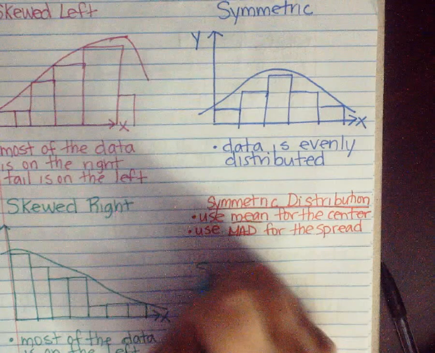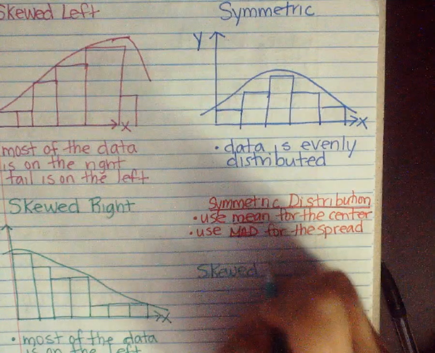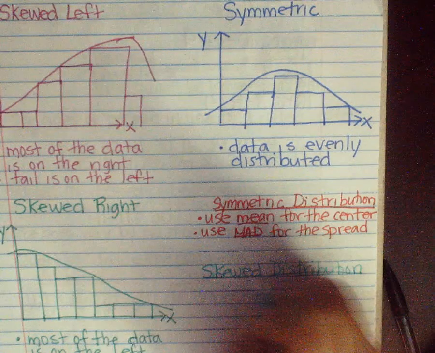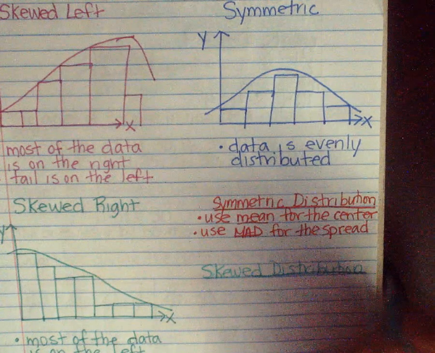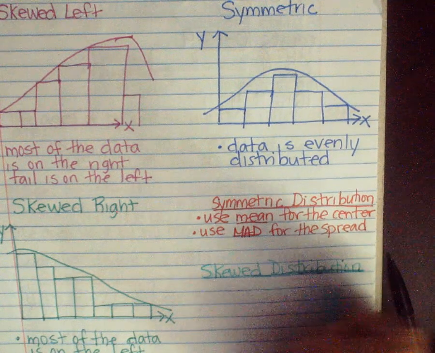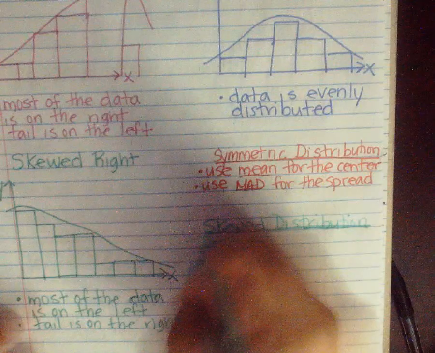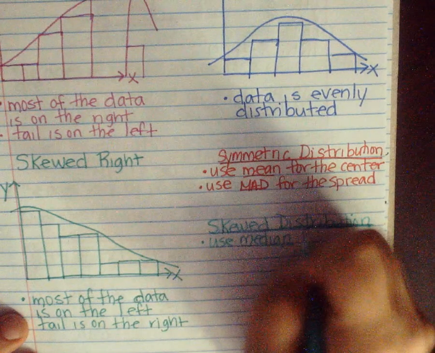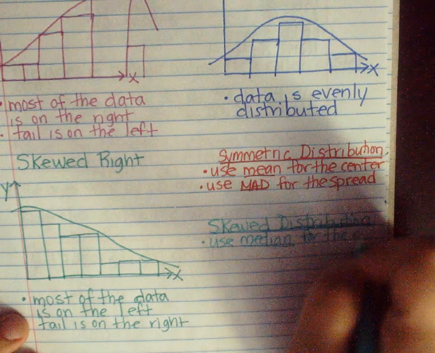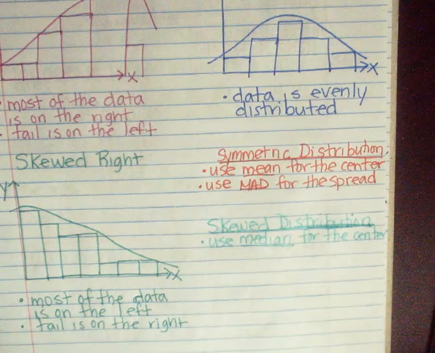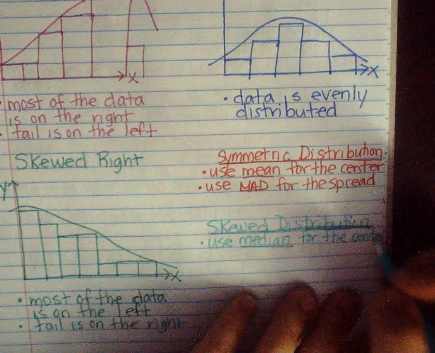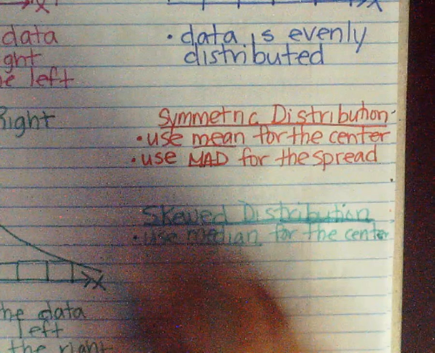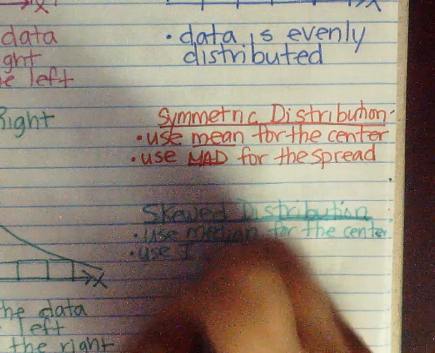So for skewed distributions, we're going to use median for the center, and we're going to use IQR